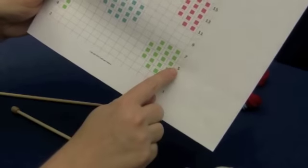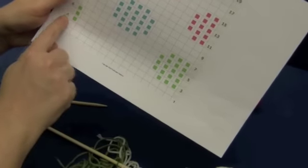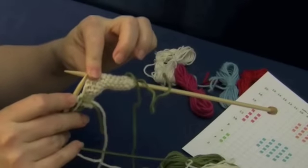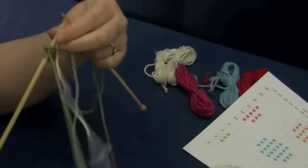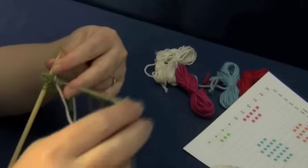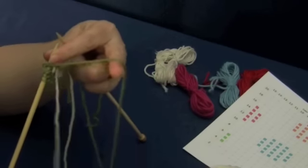So now we're on row 5. We're going to do it the same way. We would knit across 4 greens to the last, and I'm going to show you from behind what this looks like. So I've knit my 4 greens. I'm going to put the green above the off-white, pick the off-white up